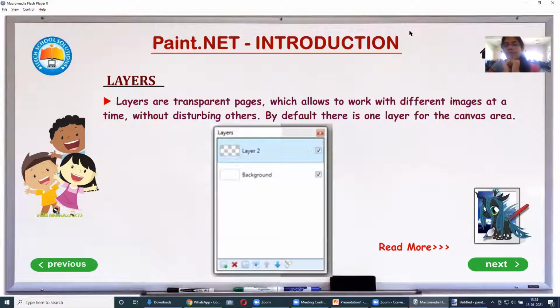What will happen if I start directly working on the original one? If there is any mistake, is there a chance of rectifying it? No, right? So these applications help us keep the original copy safe, make a duplicate copy for us, and allow us to edit on the duplicate copy. If we are satisfied with the edit, then we can merge.